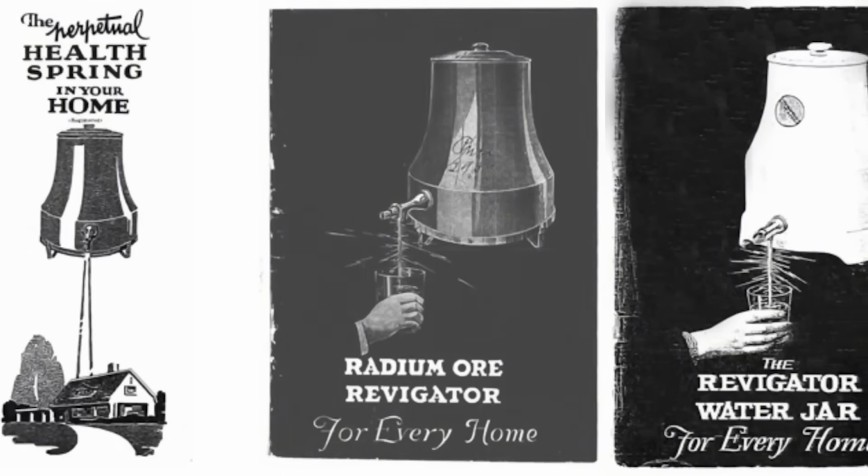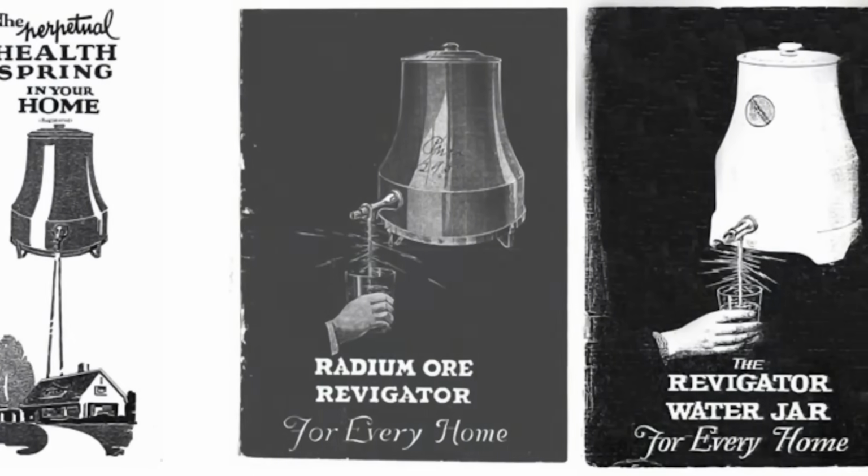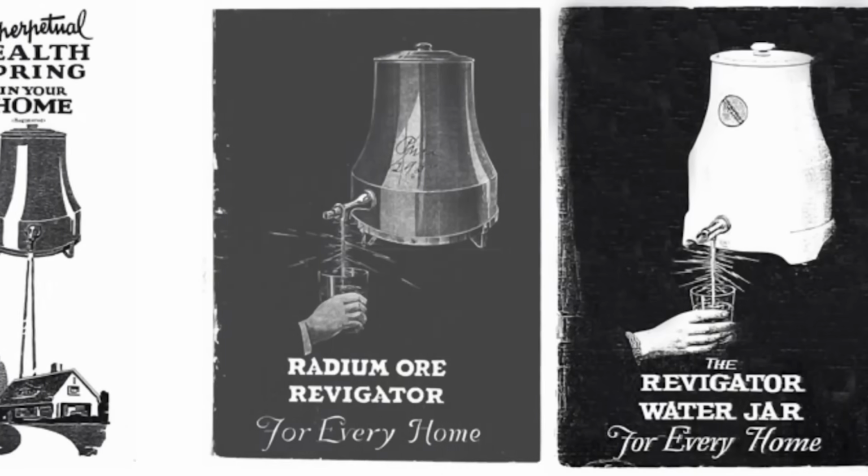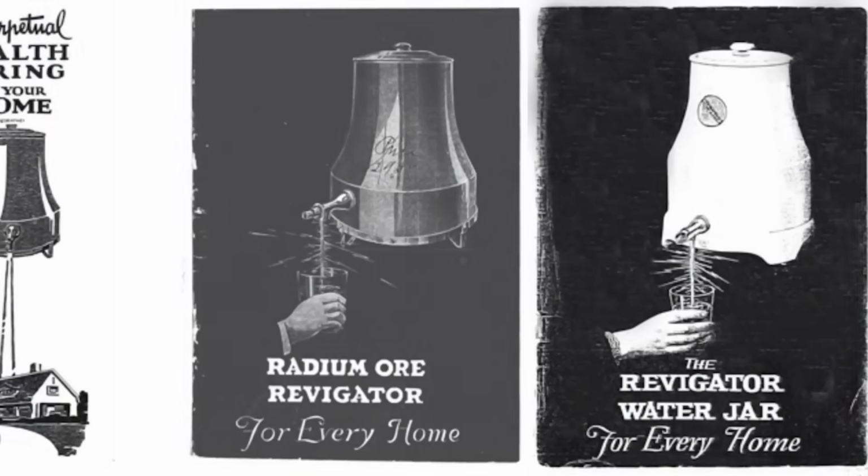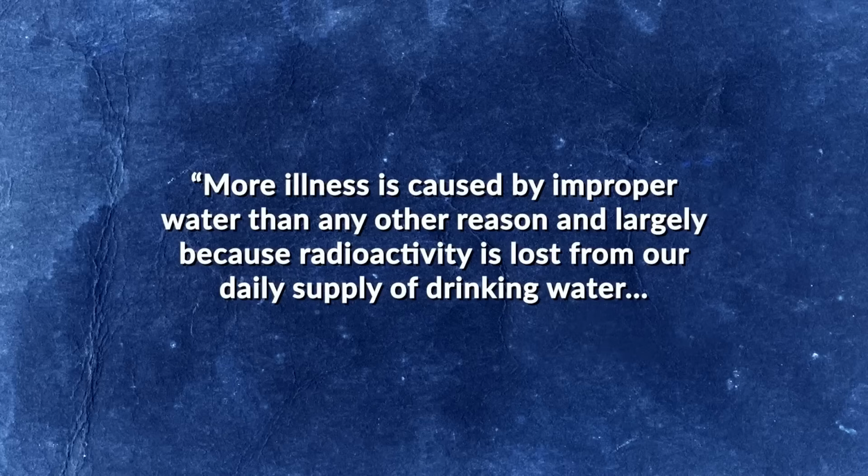Those who couldn't afford to travel to a radium spa could instead buy themselves a so-called emanator, such as the Revigorator, patented by Arizona salesman Ralph W. Thomas in 1912. This consisted of a ceramic crock lined with the uranium ore carnotite, which would infuse water placed within it with radon. According to Thomas's advertising literature, more illness is caused by improper water than any other reason,